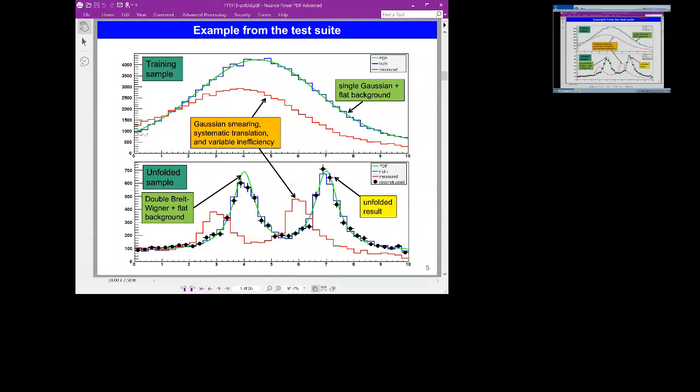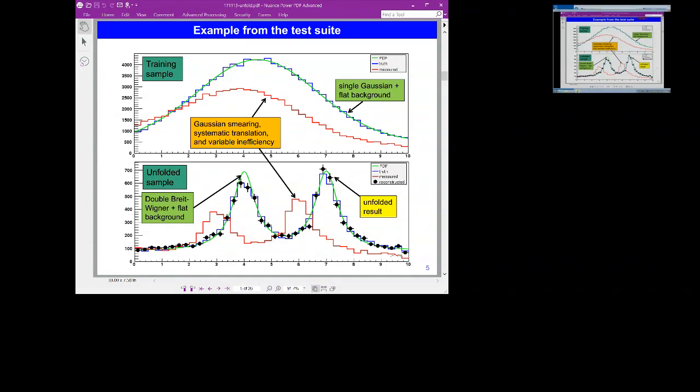That is then smeared with a Gaussian smearing function, with some systematic translation applied, and some variable inefficiency, so that you can see on the left you lose less of the signal than on the right. The translation from the truth to the measured in the training is then used to fill the response matrix, this RooUnfold response object, which is then used for the unfolding at the bottom,